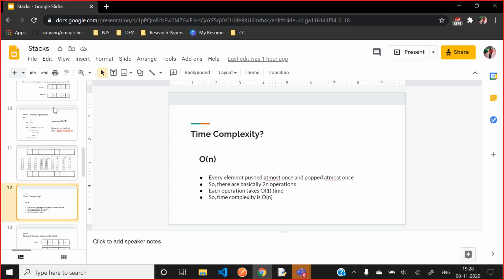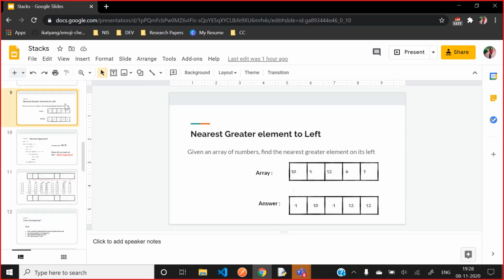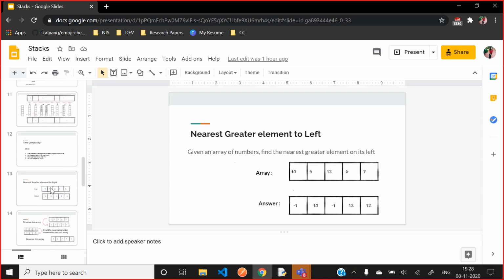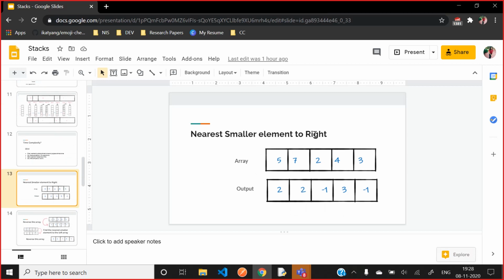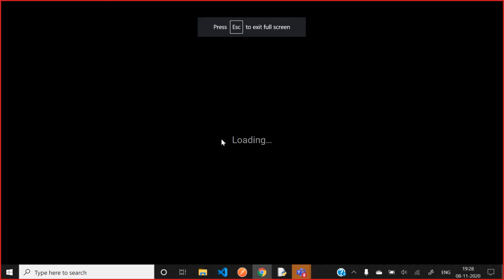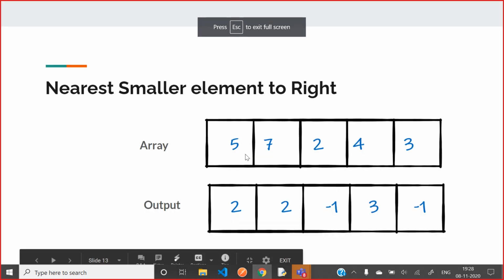Okay. So similarly, like I discussed about the nearest greater element to the left, you can find the nearest smaller element to your left as well. And another very similar question is the nearest smaller element to your right. So when you're checking for your elements on the right, I'll just discuss